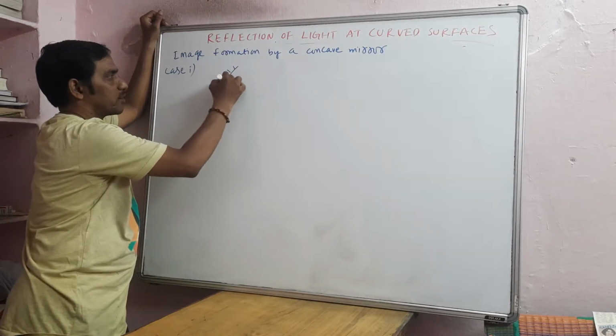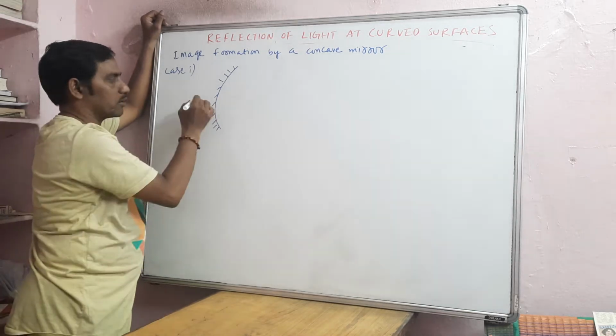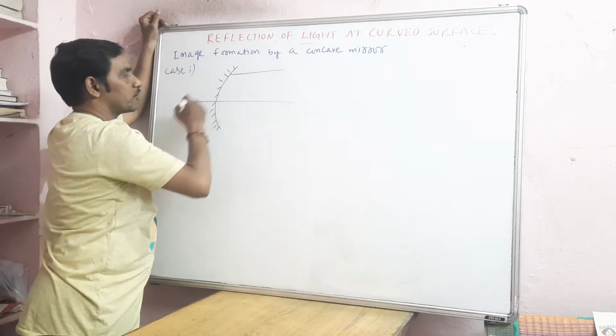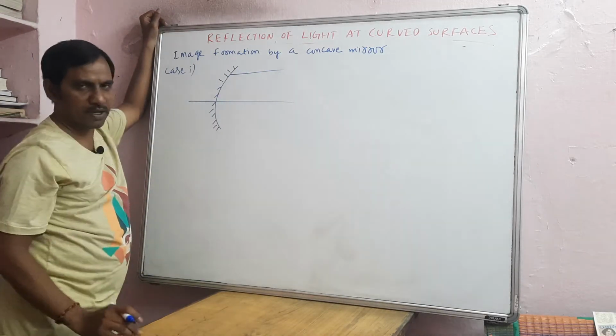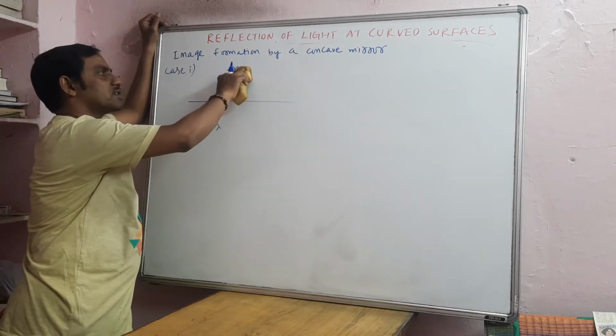The cases. See, concave mirror means the silver paint is done on the outer side, and the reflection takes place on the inner side, right? So now what I will do, light ray will come like this parallel to principal axis like that. Now what we will do, first case, which is the closest